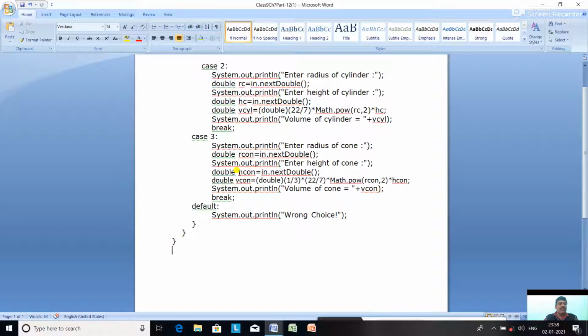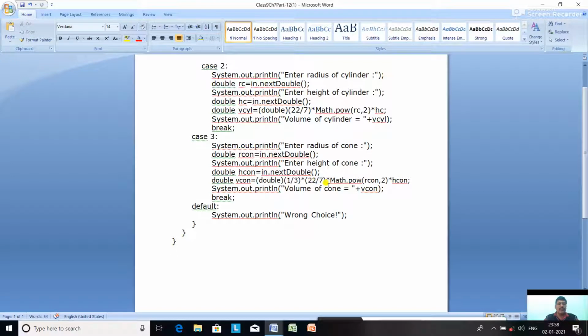Now case 3 will be to calculate and print the volume of a cone. System.out.println enter radius of cone, R cone, radius of cone equal to in.nextDouble. System.out.println enter height of cone, double H cone equal to in.nextDouble. Then the formula is volume of cone equal to 1 by 3 into pi.